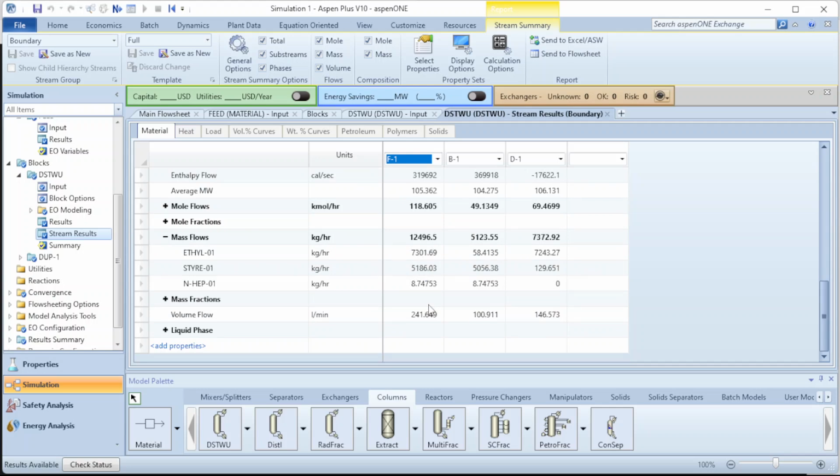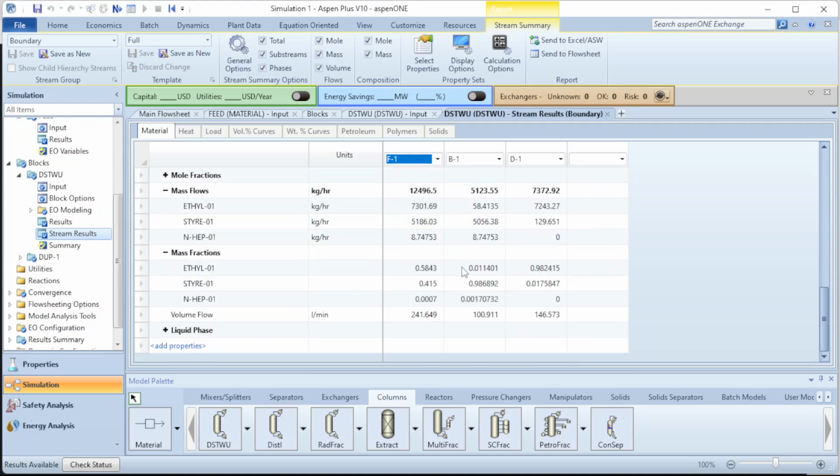So you will see that there is the feed that we are having. And let me go to mass fraction. There is the amount that came in. So at the bottom level, you are seeing that we have more of styrene, which is close to almost 99% of the bottom product as styrene, and we are having the distillate stream to be 98% ethyl benzene. That's that. So we have been able to separate the two, and you can see that at ethyl